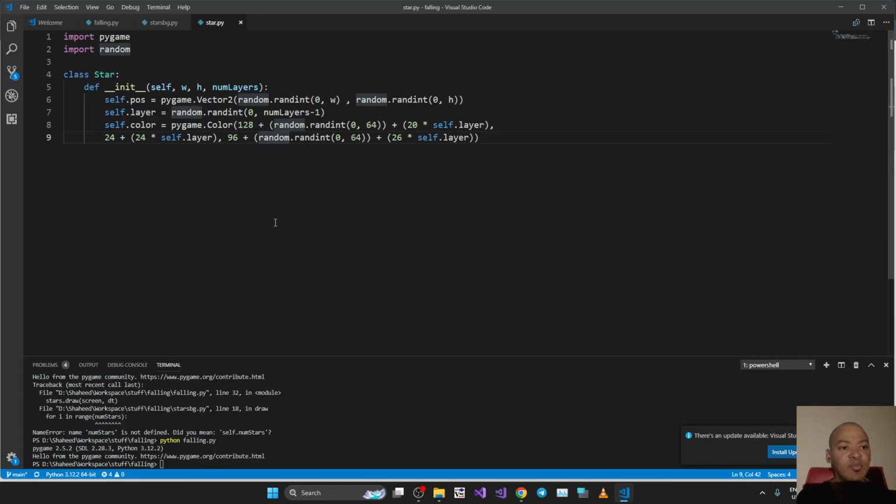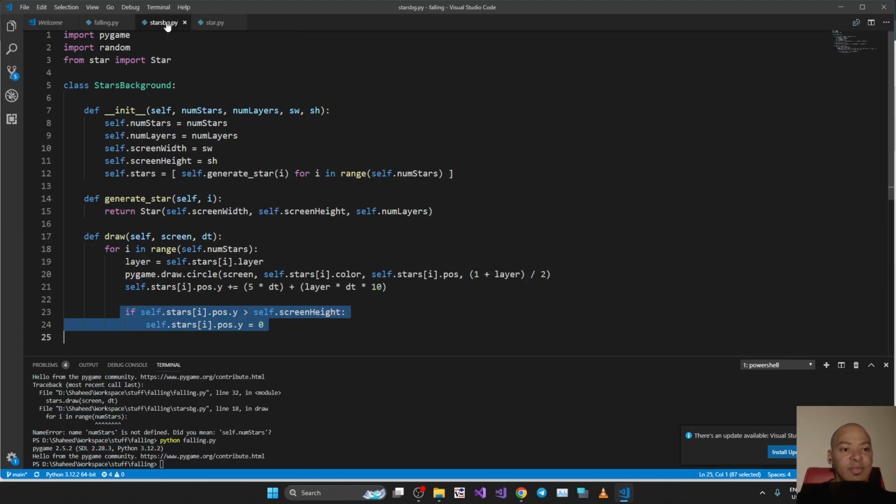And then for star.py, you can see it's literally just a container for all those properties. It's got a position, which is calculated exactly the same as it previously was. The layer is again calculated the same as previously. Color is slightly different. It has a little bit of randomness to it, not a lot, for the red and the blue. Nothing too crazy. So again, I just cleaned it up a little bit, separated these things out into classes,